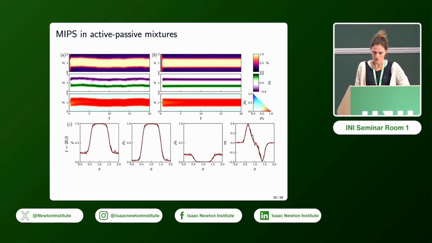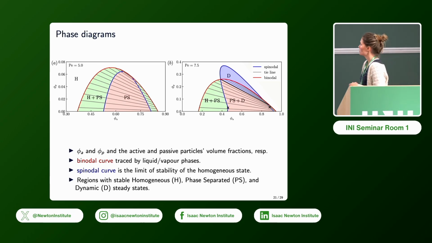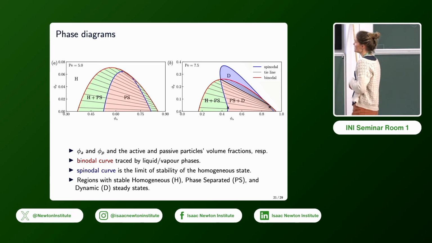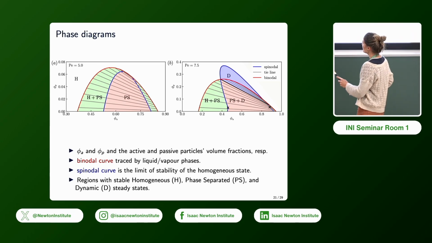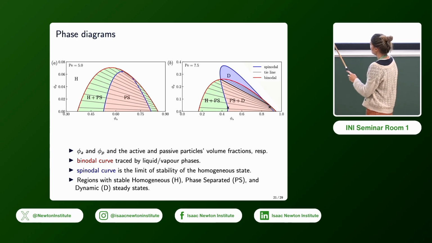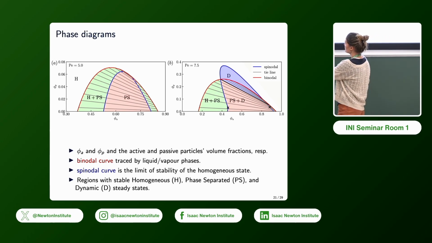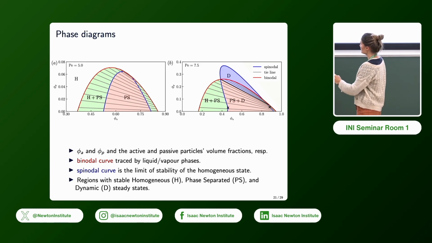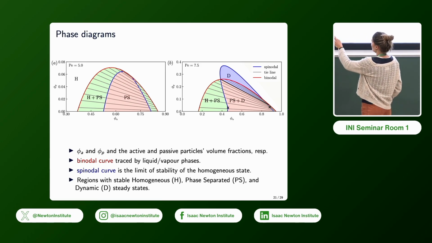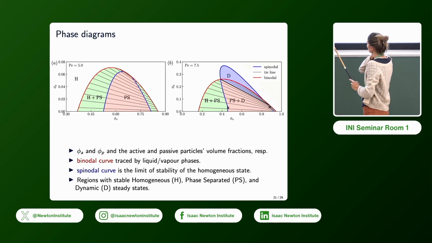Okay. So what we did now with this system is also do some phase diagrams. Here, instead of doing density against self-propulsion, what we plot is the active fraction of particles versus the passive particles for a fixed self-repulsion. Okay, and this is the sort of diagram that we obtain that would correspond to the